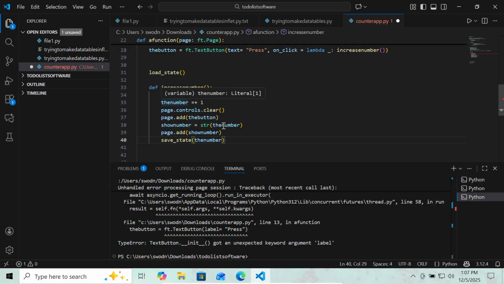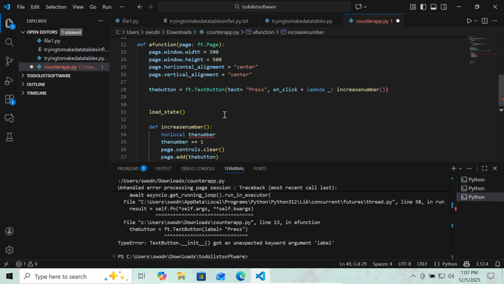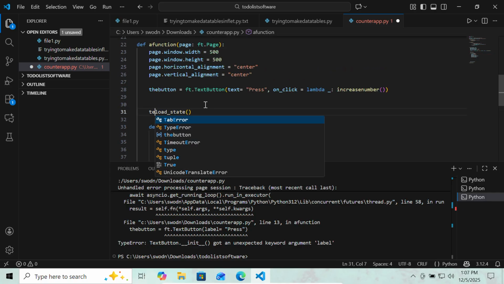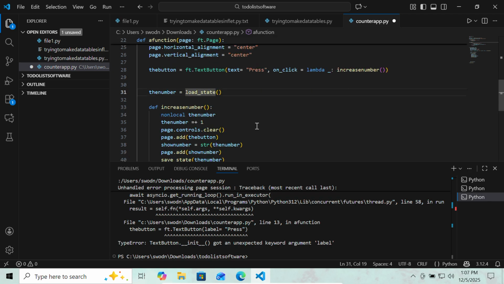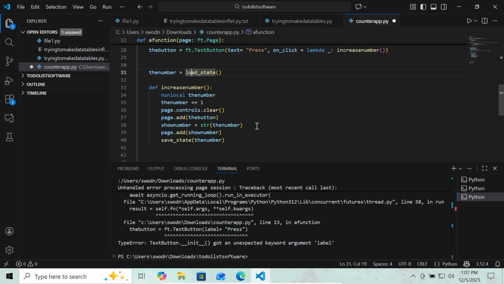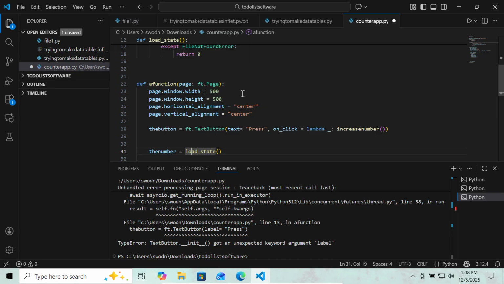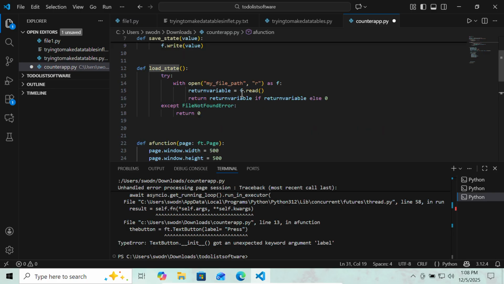Alright, so, hold on. I need to assign load state to the number. Why? Because load state is going to be equal to the number. Load state. What for? Because whenever the program loads, it's going to read the file, open up the file, read it, and